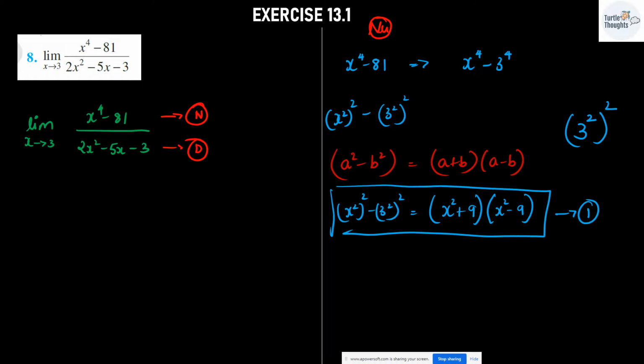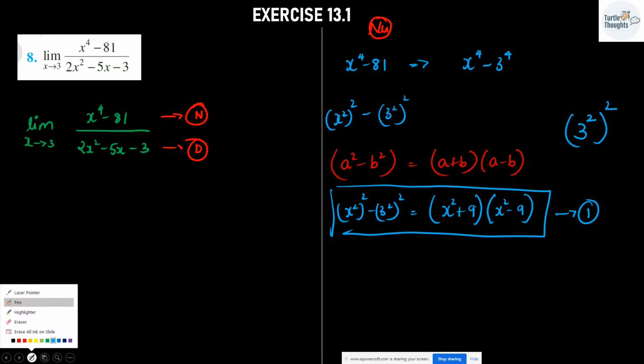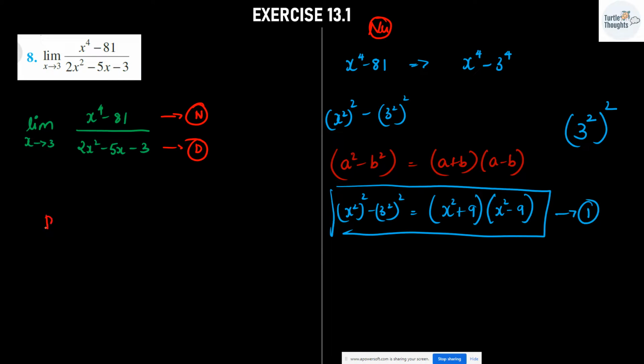This you can take as equation number 1, which you will be substituting in the place of numerator, right? Still it is not in the proper form. Further, I can simplify the same. Let me do that later. As of now, let me take the numerator as one. All right. For the denominator,